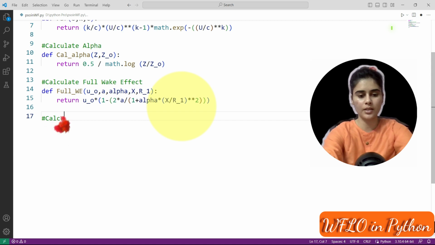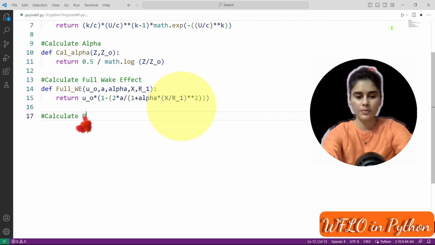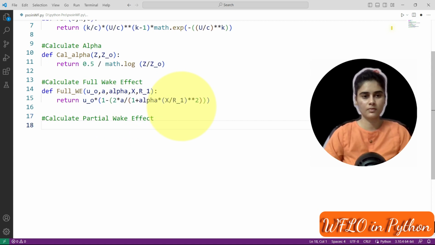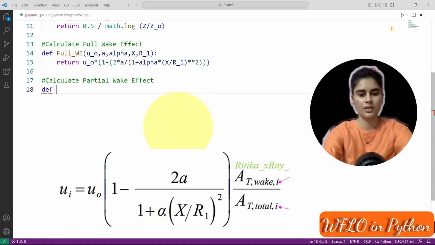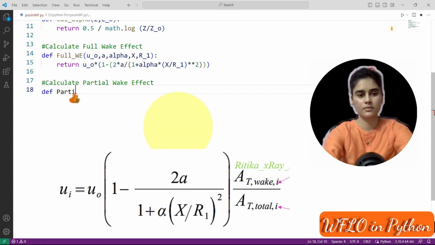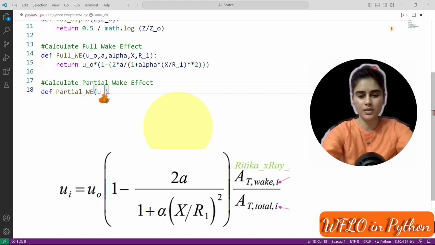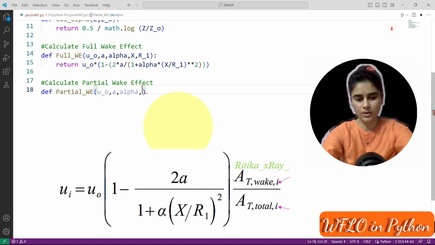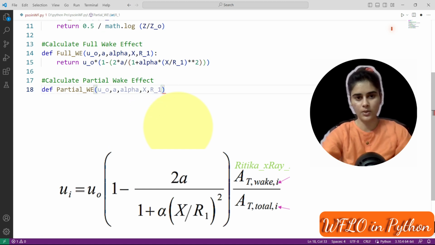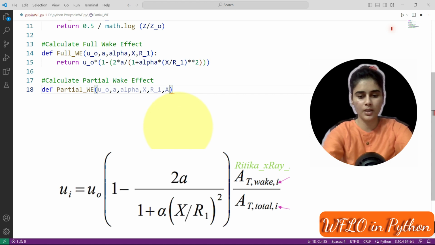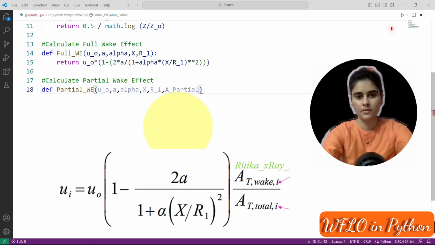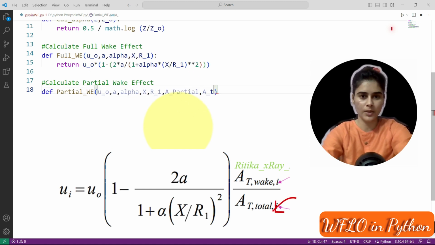Now we will calculate the partial wake effect. So again define a function, that is partial wake effect. Again we have different input parameters: wind speed, a, alpha, then we have the distance between wind turbines, r1, then here we have a partial and a total wake effect.